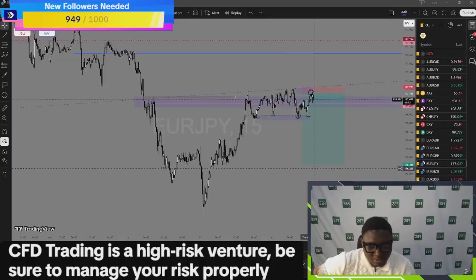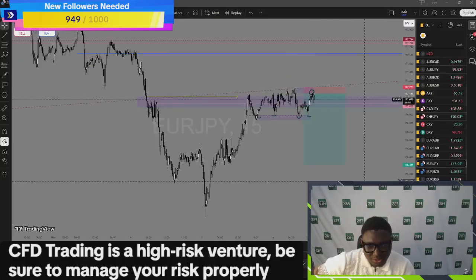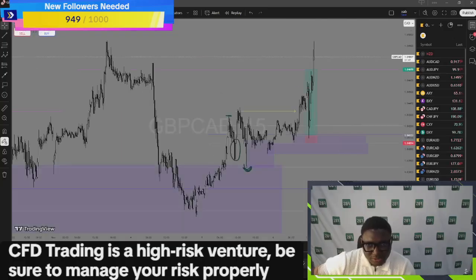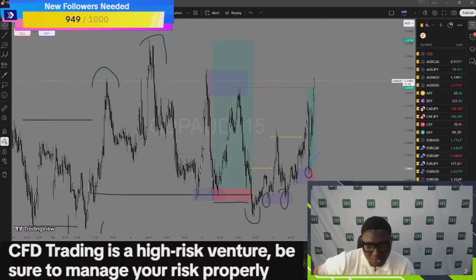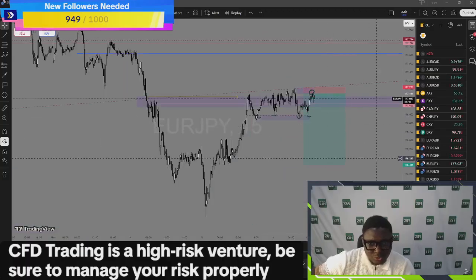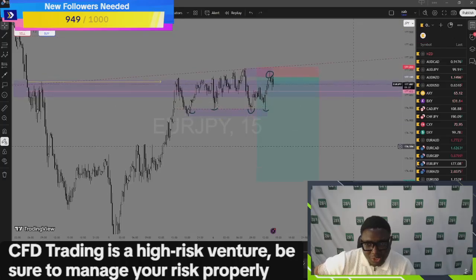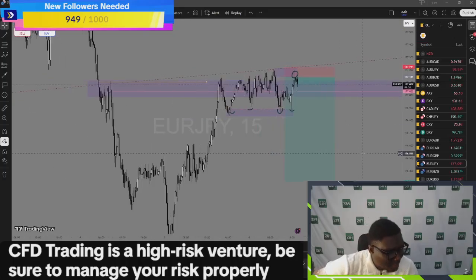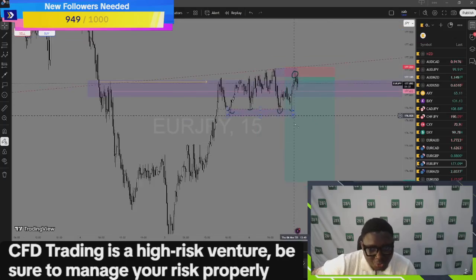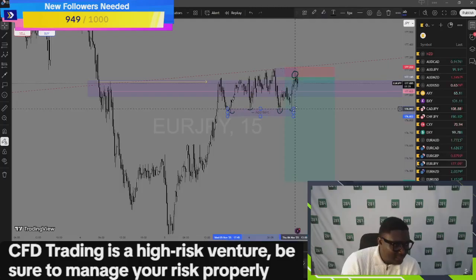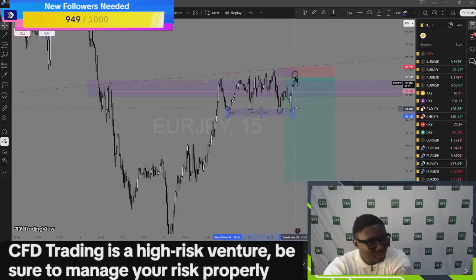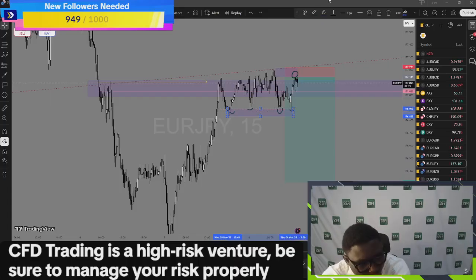Euro JPY was the main trade that we took this session, because GBP CAD already played out. You can see that GBP AUD also already played out completely. So the major trade we took during this session was Euro JPY. Even though it's not moving too fast yet, I've already told you guys what to expect before the market begins to actually move. Once this zone is clearly broken and we get a retest, that will be your confirmation to take that trade. You can just look for the nearest demand or supply and then trade from there.